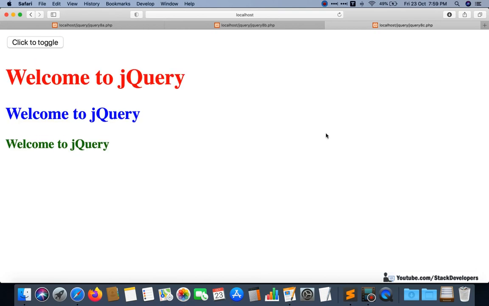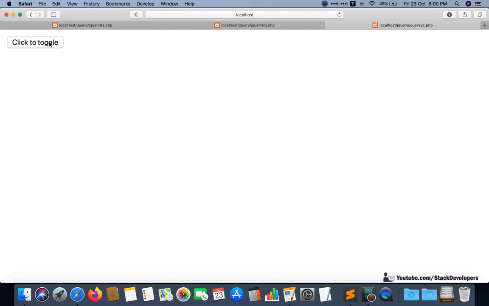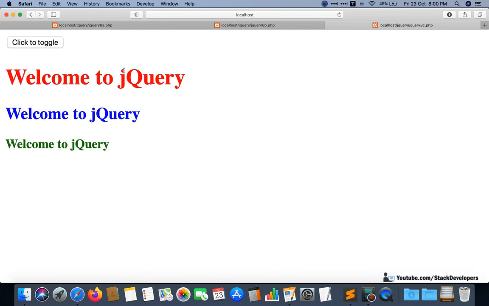So the slide toggle effect is used if you want to sometimes take the HTML element away and sometimes bring the HTML element back with the slide up and slide down effects. Okay, so this is the purpose of the slide toggle effect that you can try at your end.